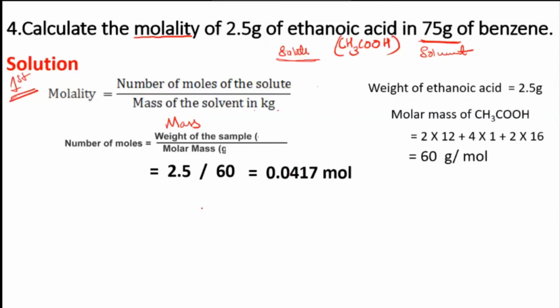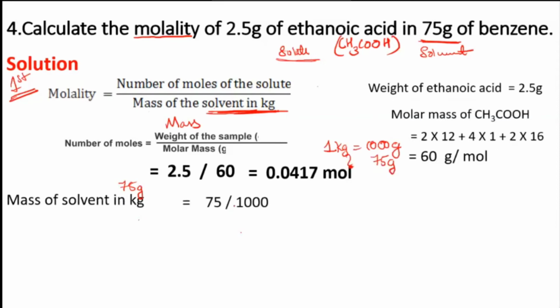Mass of the solvent. Mass of the solvent given to you here, it is 75 grams. You need that in kg, correct? No, it is not in gram. You need them in kg. Mass of the solvent should be in kg. So convert this into kg. So, you know, 1 kg is 1000 grams. So it will be like 75 gram will weigh how many kg? Yes, very good, correct. So mass of the solvent in kg will be 75 divided by 1000. That's 0.075 kg. Yes, done, no?